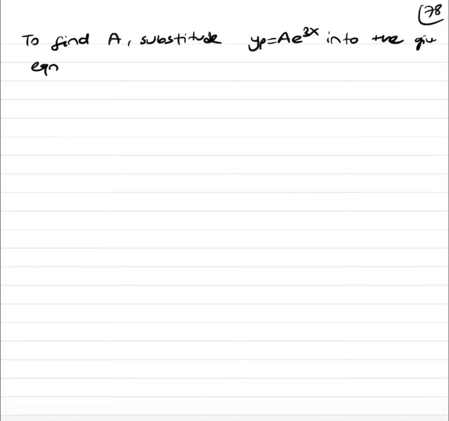So to find a, substitute a times e to the power 3x into the given equation. So what was the given equation? It was y double prime minus y prime minus 2y is equal to 8 e to the power 3x. So okay, let's substitute it and find the